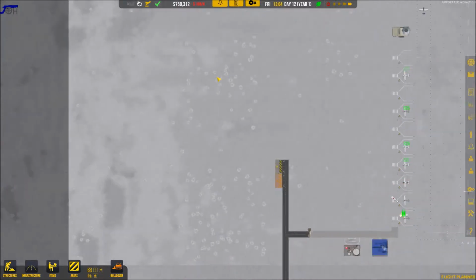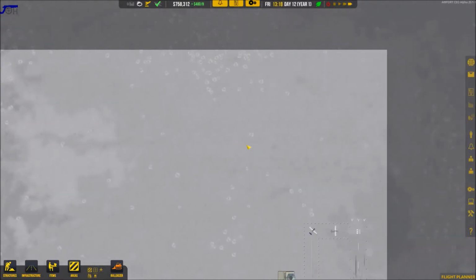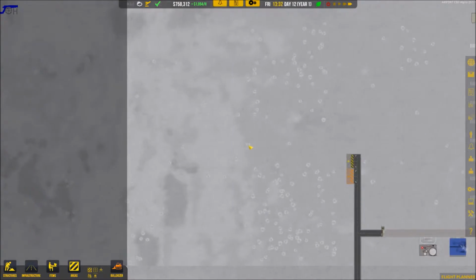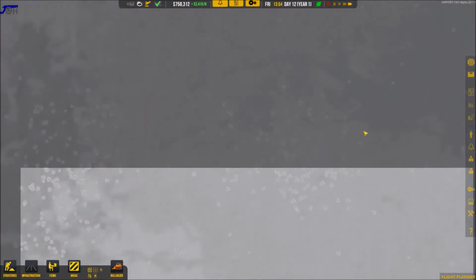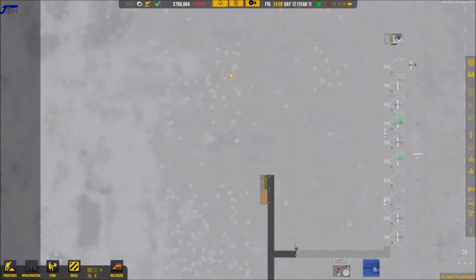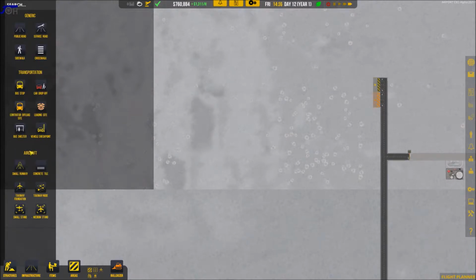So, as they say, it's time to get started, and I think our first bit to do is probably going to be to put a runway over on this side. We're going to build our terminal here in the middle, because eventually I suspect we're going to end up putting a crosswind runway way up to the north. So with a small runway over here, let's get our infrastructure going. Small runway,